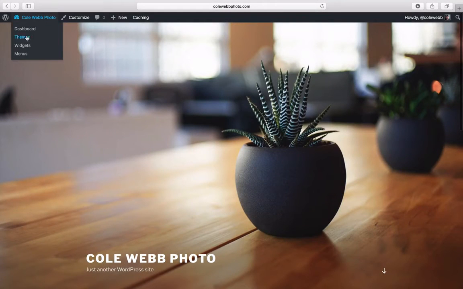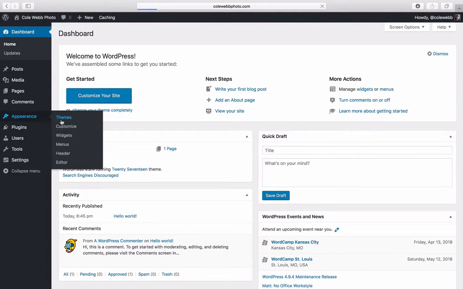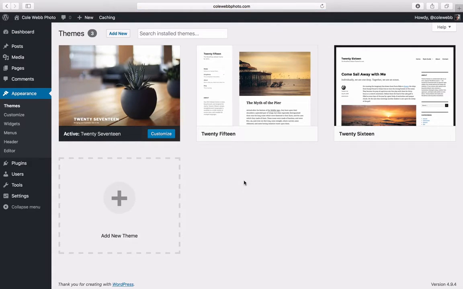And that is because the theme that is currently installed looks like this. So if we go to themes right here, or if you're back in your dashboard, you can go to appearance and themes. We can take a look at our theme. So this is the 2017 theme. It is automatically installed by WordPress. I'm sure that a 2018 theme is on its way, but I don't use any of these themes,